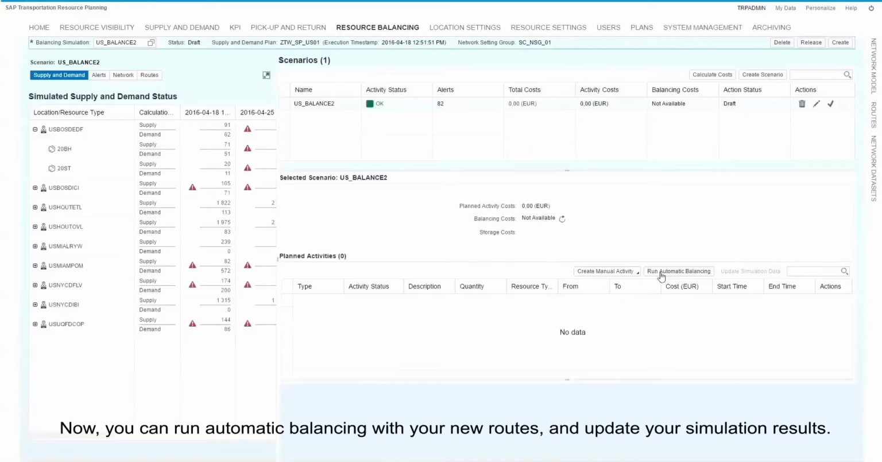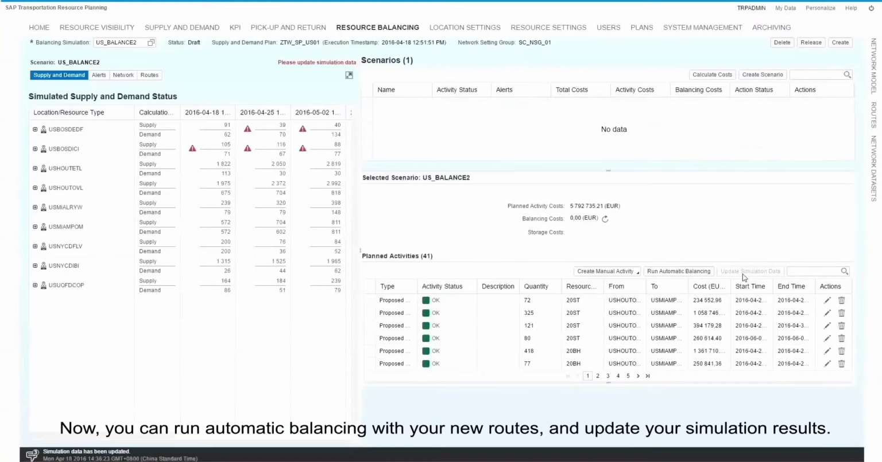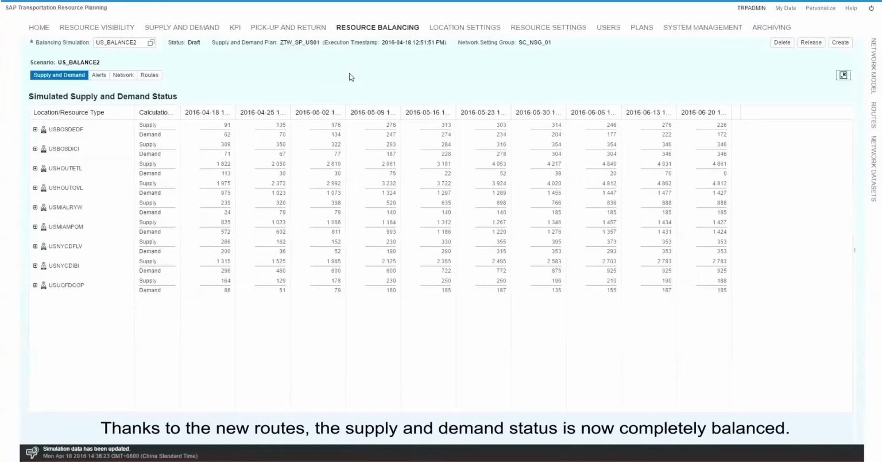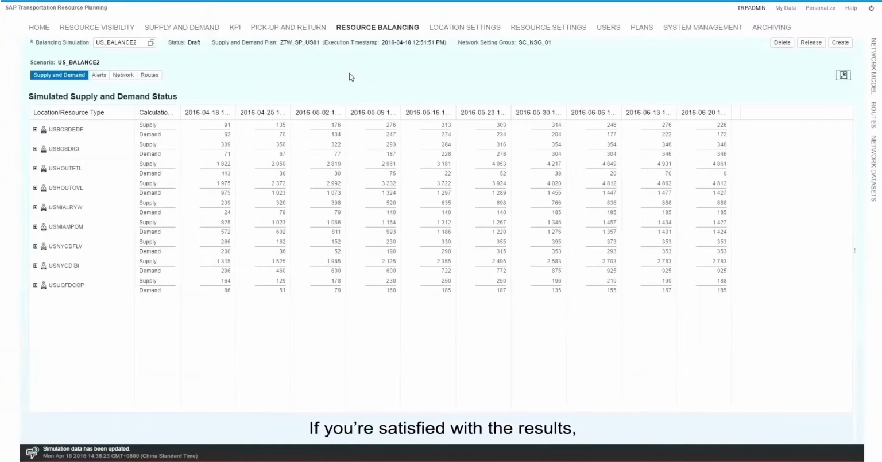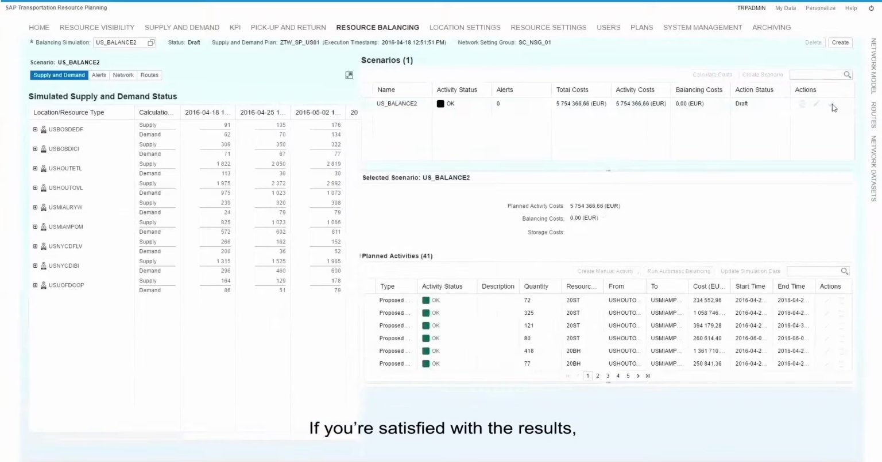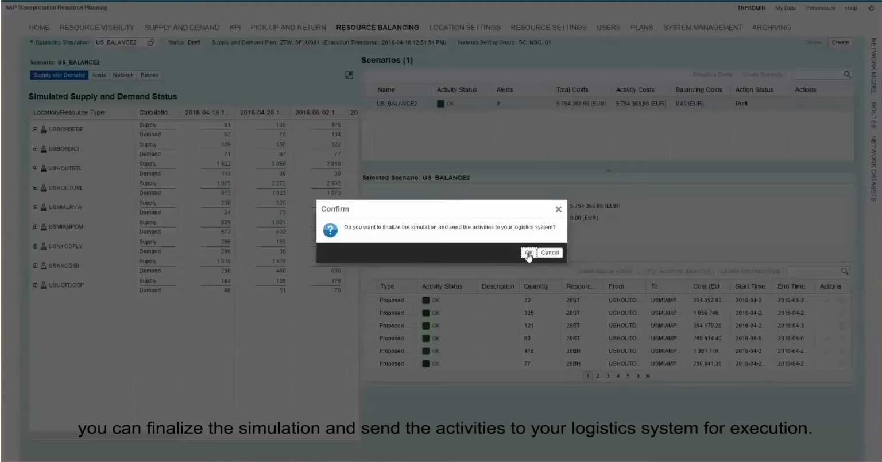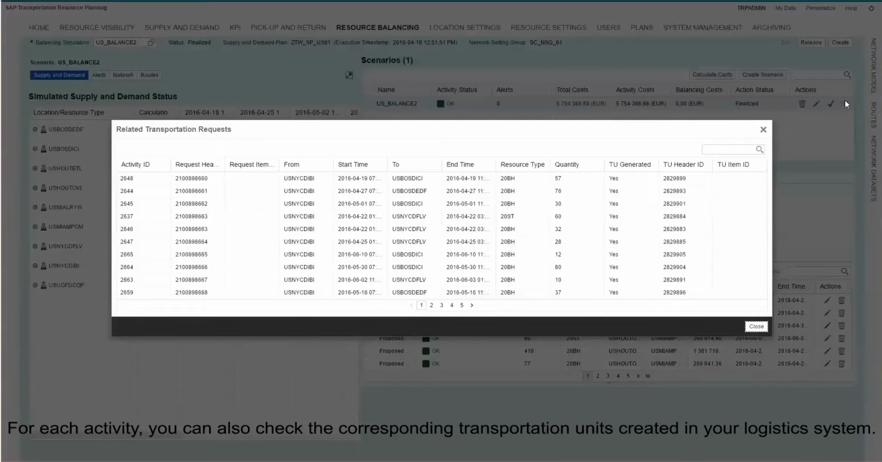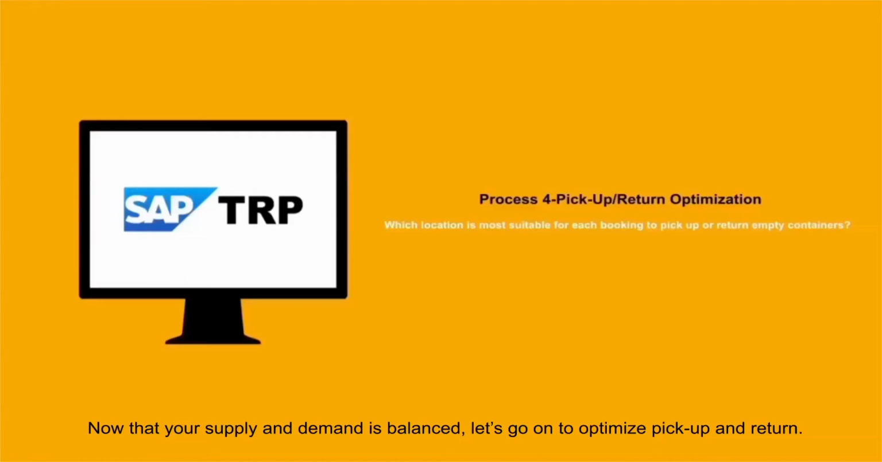Now you can run automatic balancing with your new routes and update your simulation results. Thanks to the new routes, the supply and demand status is now completely balanced. If you're satisfied with the results, you can finalize the simulation and send the activities to your logistics system for execution. For each activity, you can also check the corresponding transportation units created in your logistics system. Now that your supply and demand is balanced,